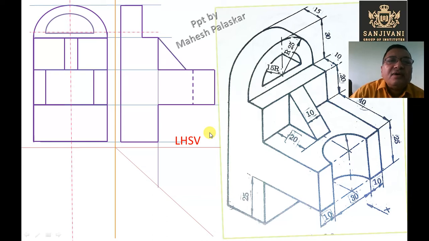Then we have to draw this inclined line which represents the rib in the left hand side view, okay? So while drawing this inclined line, you start from this corner, right? That means this corner is there. This edge is drawn, the left hand side view of this edge is this point, right? And then this horizontal distance is 20 mm. So from here to here 20 mm distance is measured, and then this inclined line is drawn, okay?